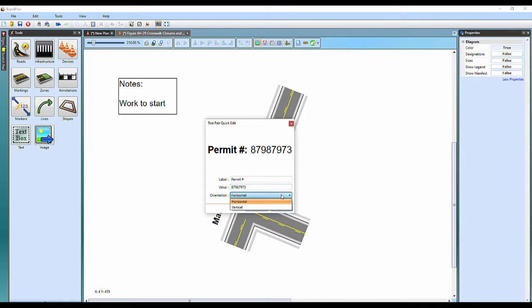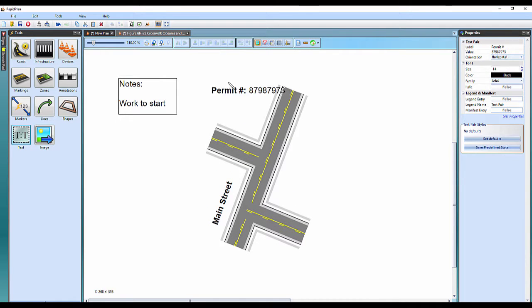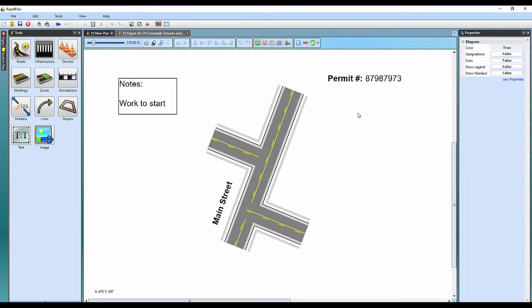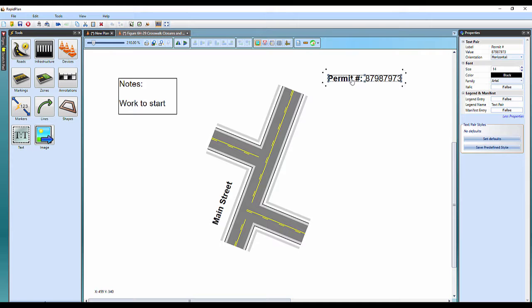You can choose your orientation, vertical or horizontal, and you click OK. Just like anything else, you can move it up to where you want it to go. Do a left click, right click, and there you go, you've got it into place. And there are many other uses for this. If you need to change it,